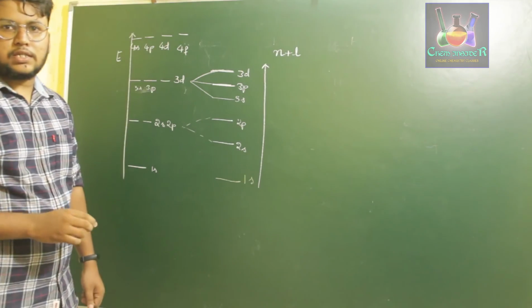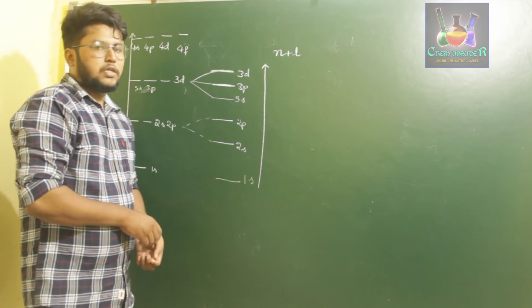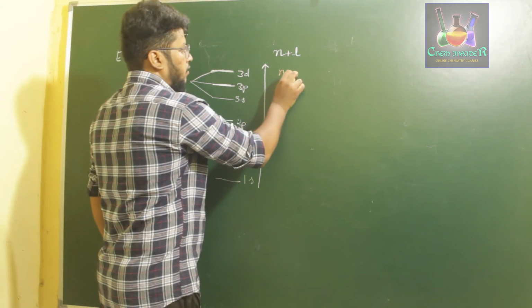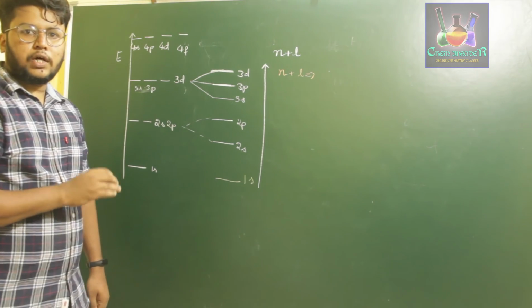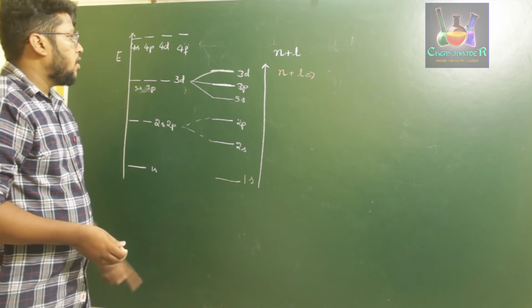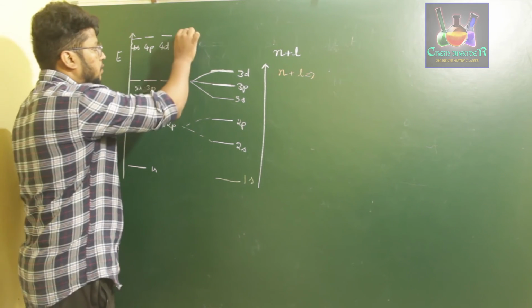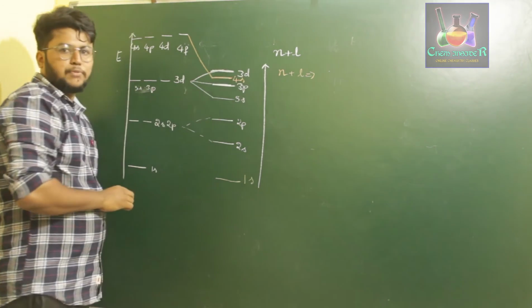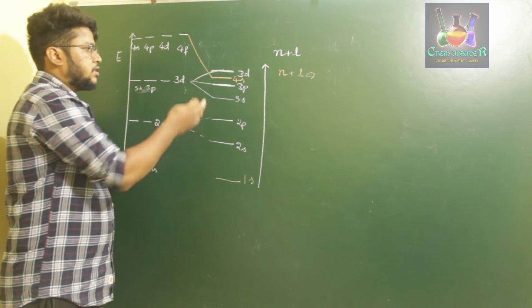So that is what we discussed in the previous video on the n plus L rule. Whenever you consider the n plus L rule, when you add the value of n and the value of L, you get a certain energy level, and we have to arrange these in increasing order of energy. Therefore, the 4s orbital of the N shell will be slightly below the 3d orbital of the M shell. So the electron first fills the 4s orbital and then the 3d orbital.